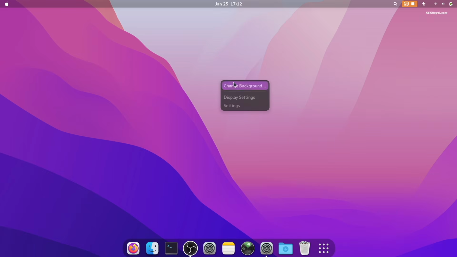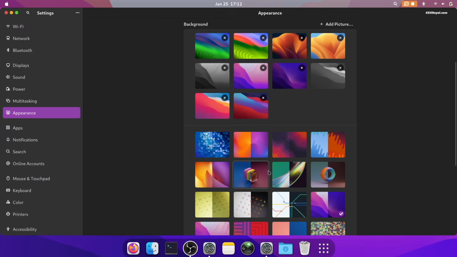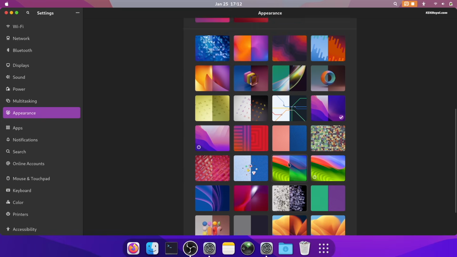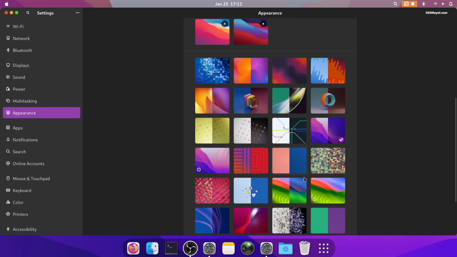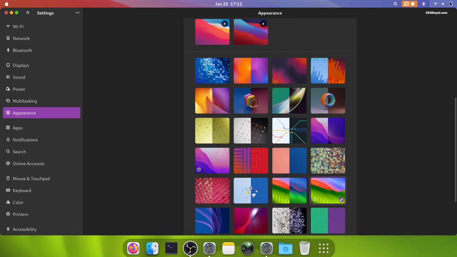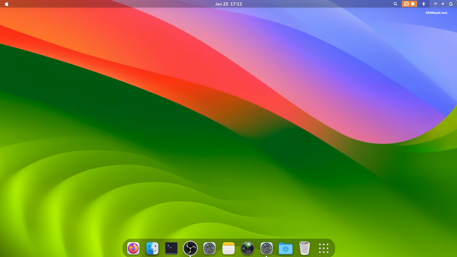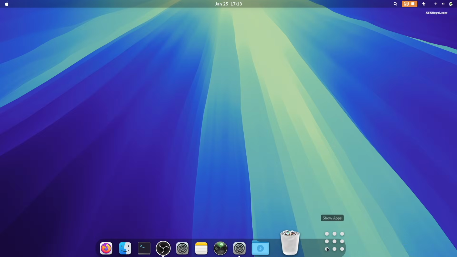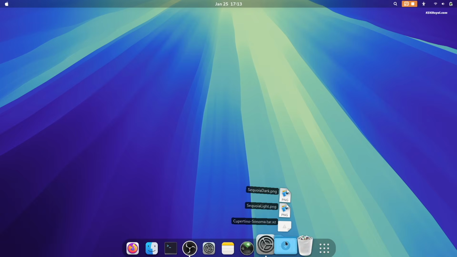Now let's change the wallpaper. Right-click on the desktop, select Background and choose a wallpaper that suits your style. After configuring your GNOME desktop, reboot your computer to apply all changes.